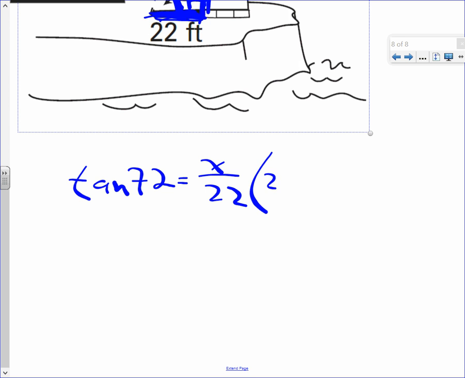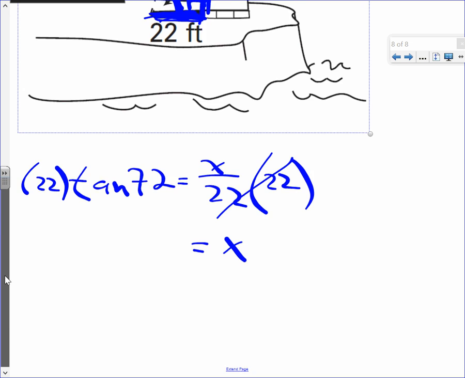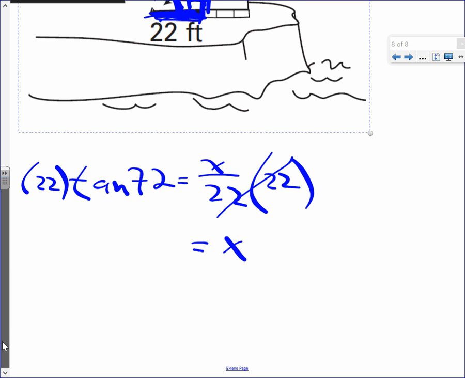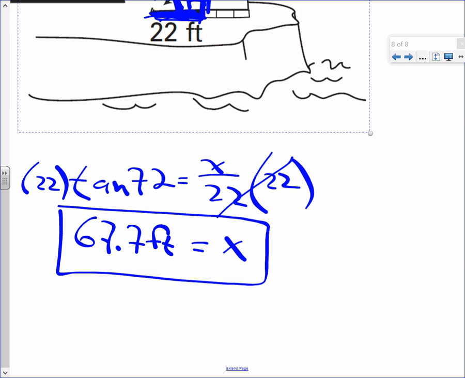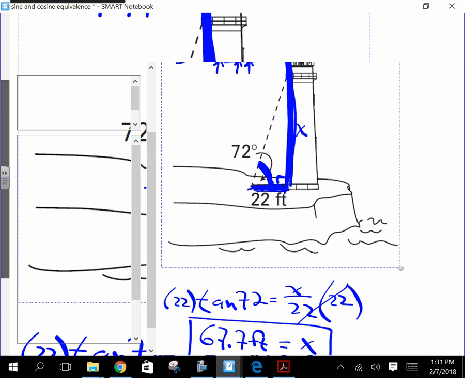Let's get x by itself. Multiply both sides by 22, right? Because that's the side itself. 22 tangent 72, anybody get that for me? How tall is this lighthouse? 22 times tangent 72. Thank you, Valdez. 22 tangent 72? Sounds good to me. In this case, I think we're dealing with feet. Yep. So this is how tall the lighthouse is, 67.7 feet. So we use trigonometry to solve for a real-life situation. Any questions? Before I